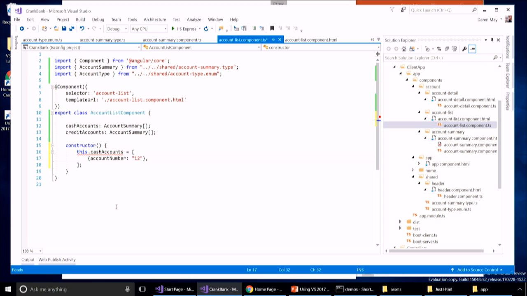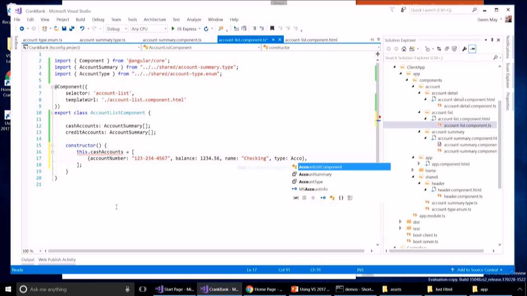So the account number, let's call this 123-234-4567. And we're going to have a balance. And we're going to give it a balance of 1234.56. We're going to give it a name of, let's just call this checking. And we're going to give this a type of AccountType.checking. So we copy this,